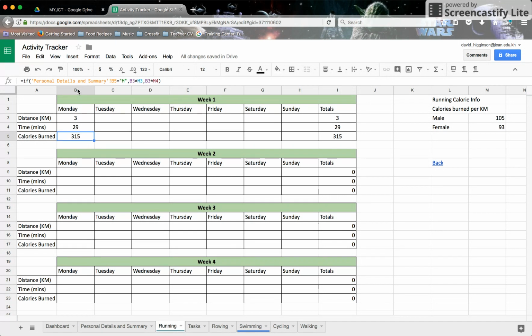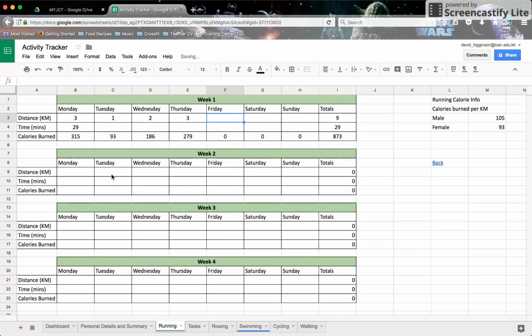Now, the next step for you here is to use this across all of these cells and indeed across the different tables. Before you do that, you need to use the absolute cell referencing that we used in the previous activity. So put your $ sign on the cells you want to lock, which is the M3 and M4. Then you can just replicate that across. Now it's going to come up 0 because they haven't run any,